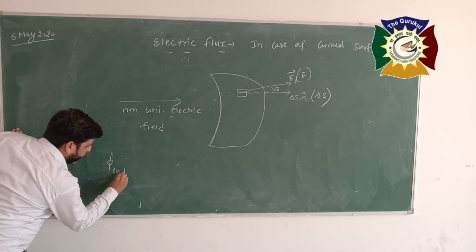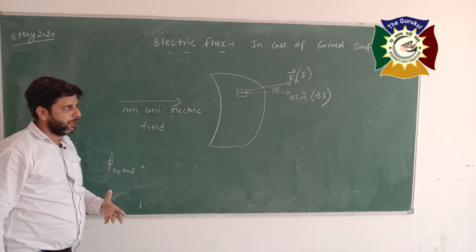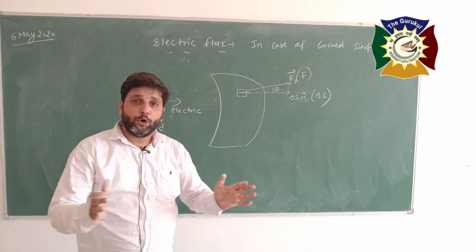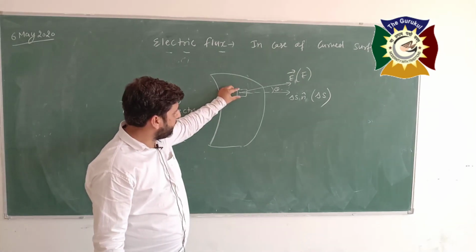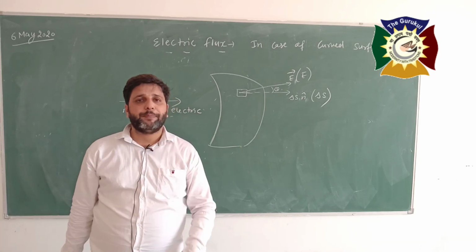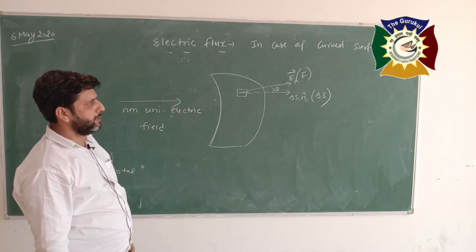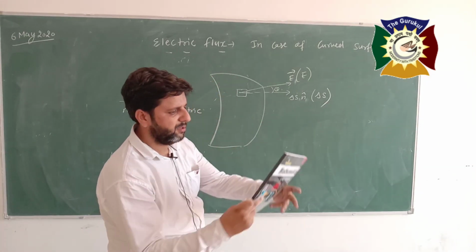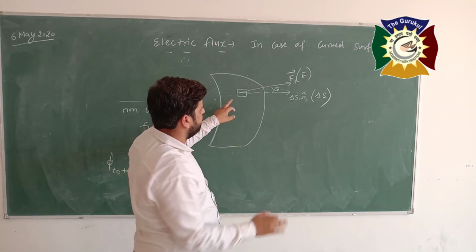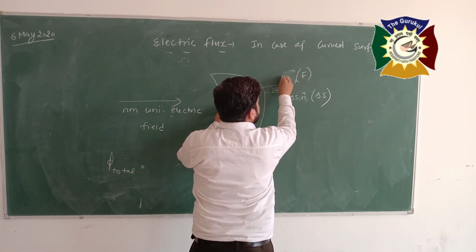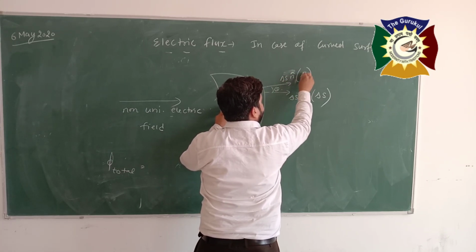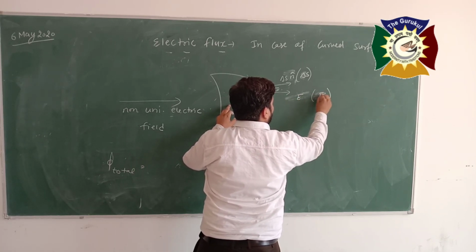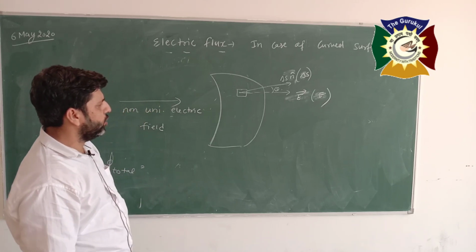Now listen, how will be the total flux? I have taken only one part, so how do I find the total flux? Then we have to add all these parts, and you know if this part approaches zero then there will be infinite parts. Okay beta, one thing more, if this is curved in this way, then its direction should be in this way. Listen, it should be delta S n cap, and it should be E. Okay, no problem.